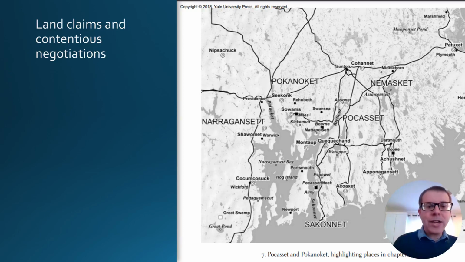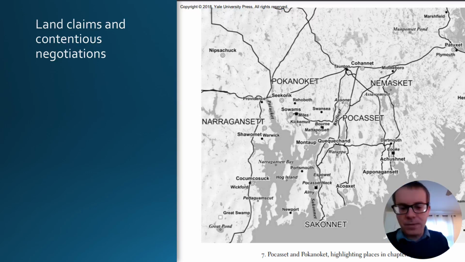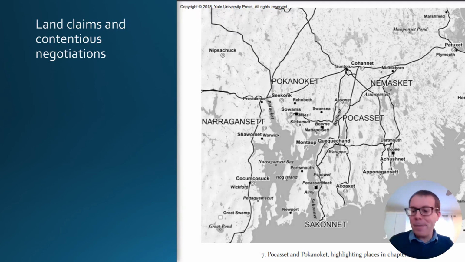And so he actually goes to the English and says, "Oh yeah, I'm happy to sell my land that I own as a male member of Saconet, and sign this treaty with me, and you English settlers can move into the territory I own." Of course, that's not how land ownership actually works in Wampanoag society. In Wampanoag society, the women actually own the land, and so Mamunua sells out his community, and the women of Saconet